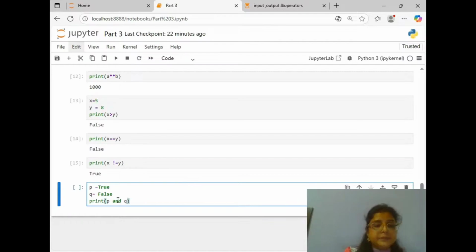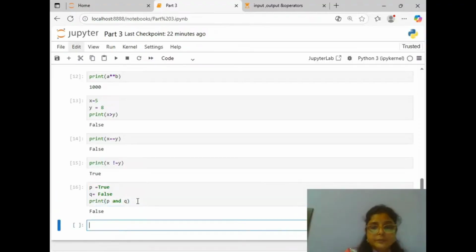It is AND. When we are using AND, there should be a condition. Both should be true. If P is true and Q is true, then the output will be true. If one is false, then it automatically gives the output false. You see, the output is false.